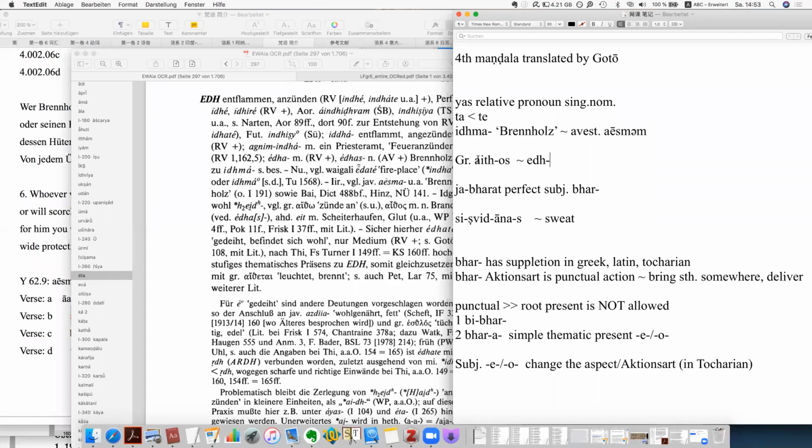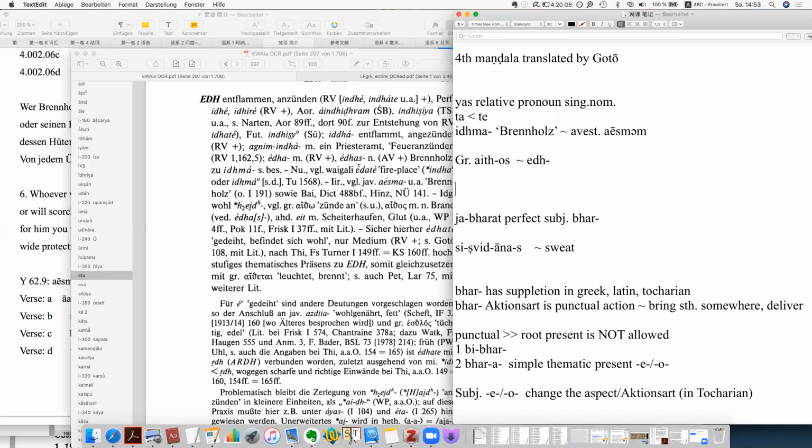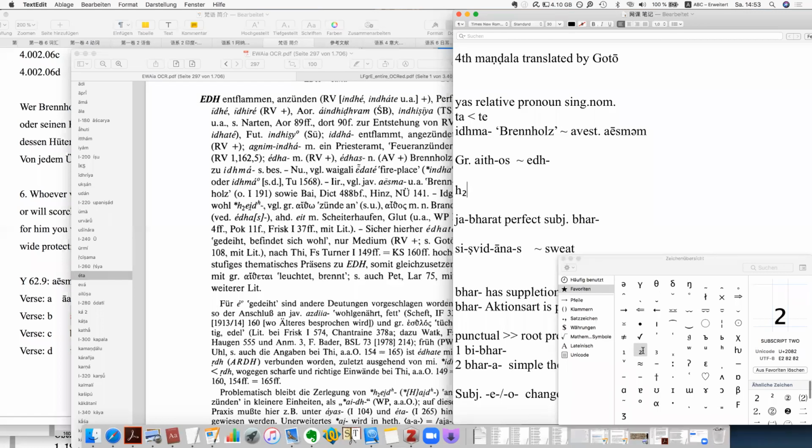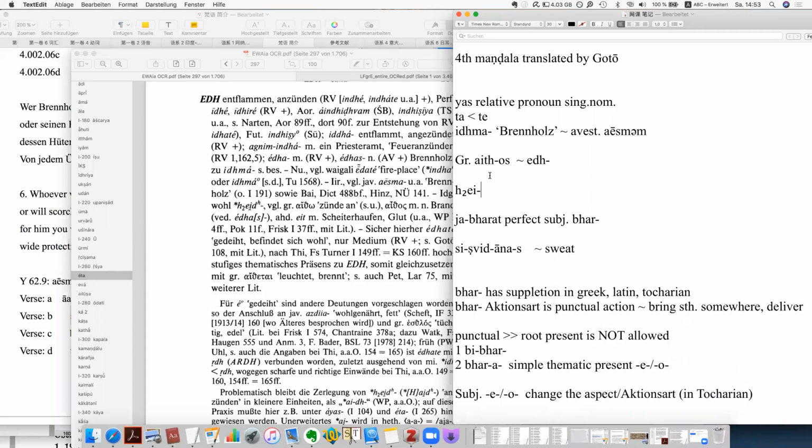And this is the reason why we know Greek alpha goes back to the second laryngeal, right? This is the reason why. And also in Greek,